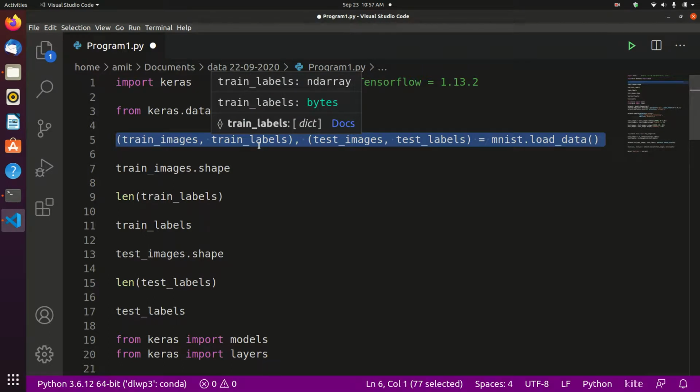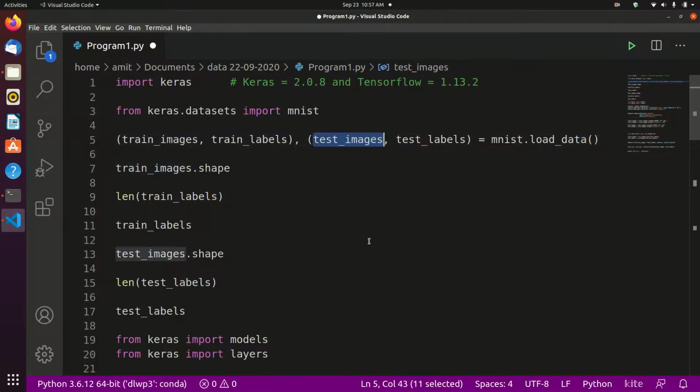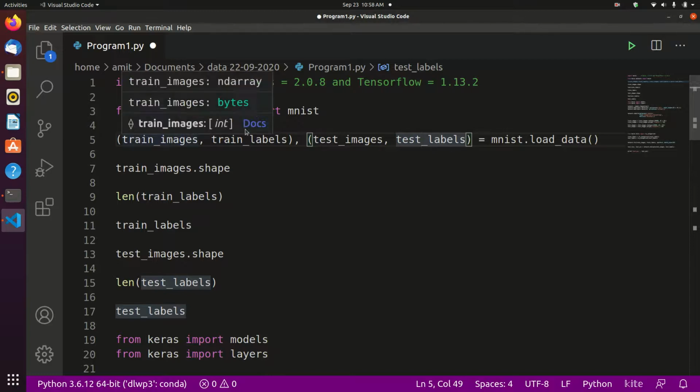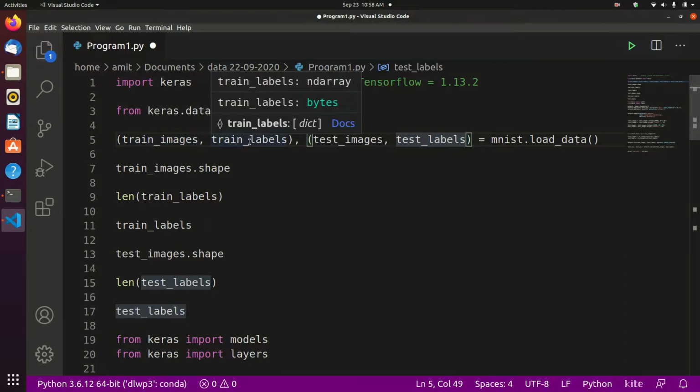These images are encoded as numpy arrays, and the labels are just an array of digits ranging from 0 to 9, because our images are of numbers 0, 1, 2, 3, 4, 5, 6, 7, 8, 9. These images and labels have a one-to-one correspondence.